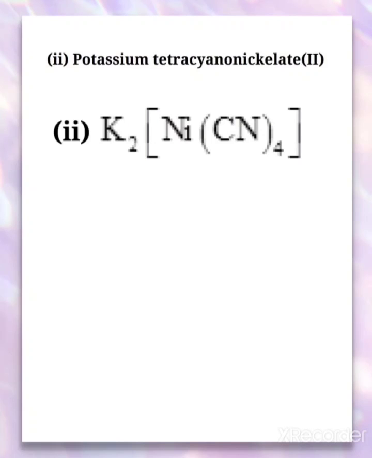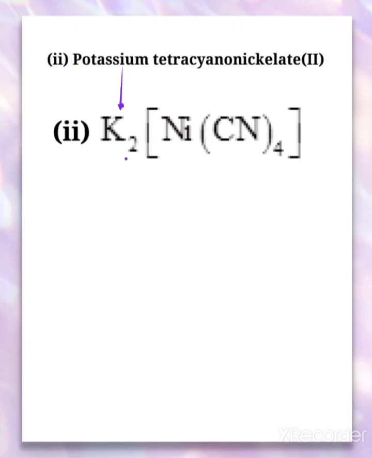Next one, potassium tetracyanonickelate 2. Here it is given potassium tetra, that is, it is having a counter ion, that is K. So how we, first of all, we have to give the correct symbol here. So better we'll start with the potassium here, because the potassium is the counter ion. So we'll be writing potassium, the symbol is written, but we don't know it is 2. So that will be finding out later on. So next is